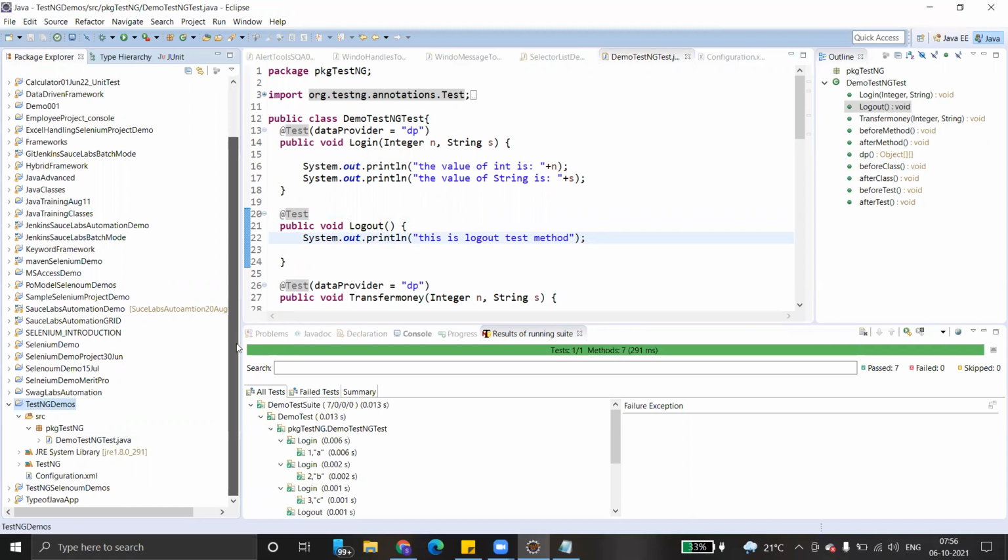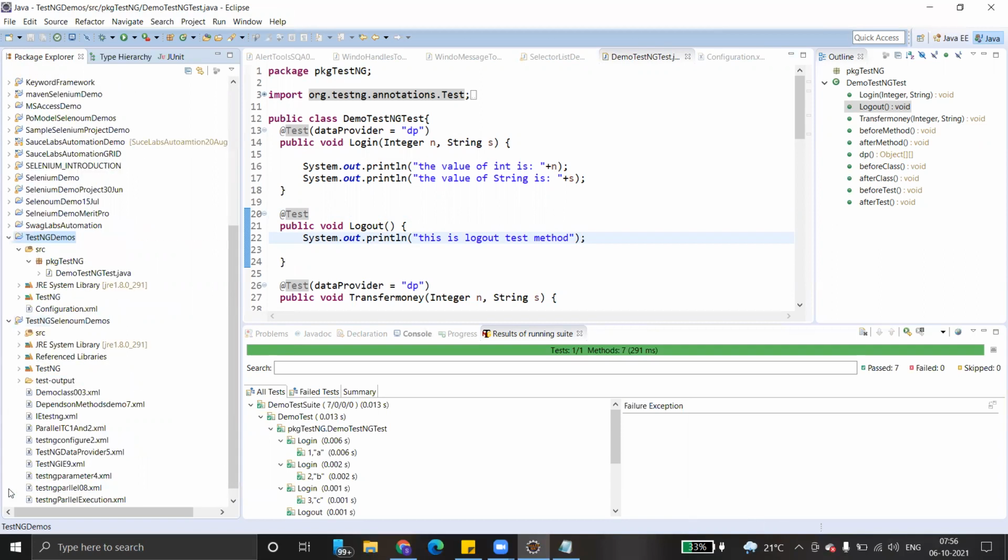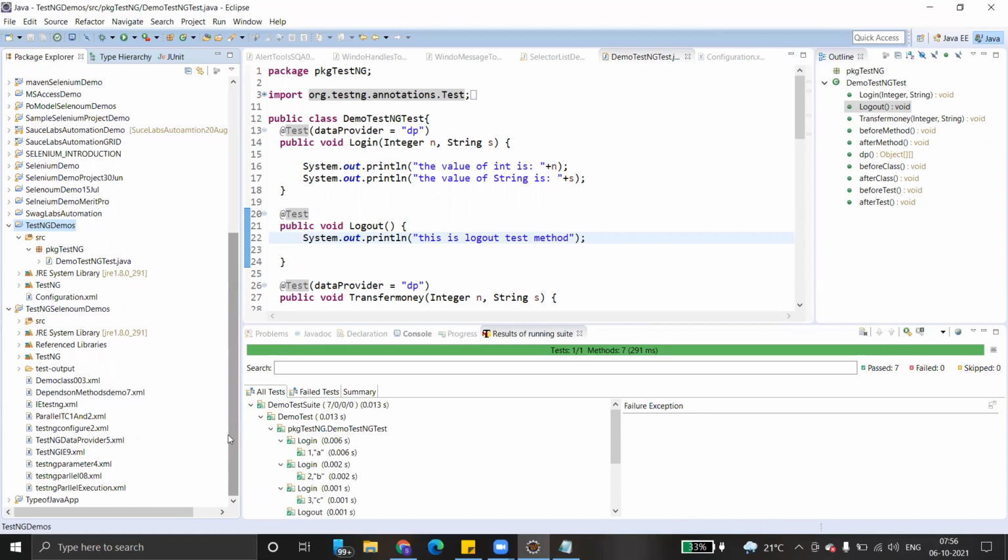If we have a small mini project which will have TestNG and Selenium, something like that. Sure, I'll show you. See, I will show you one simple example. Okay. So where is this?